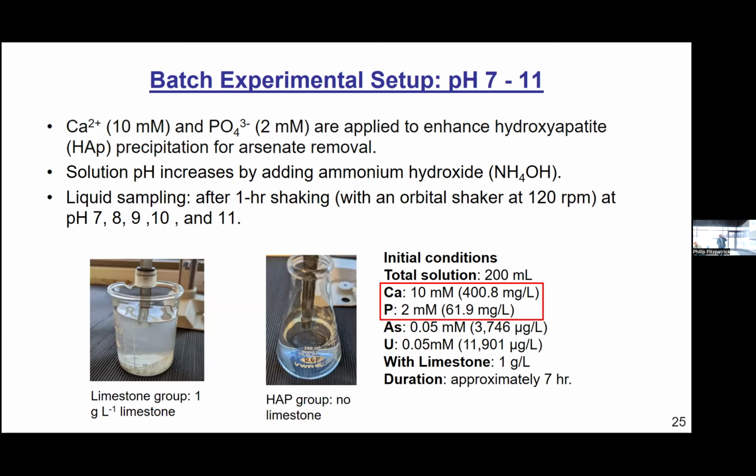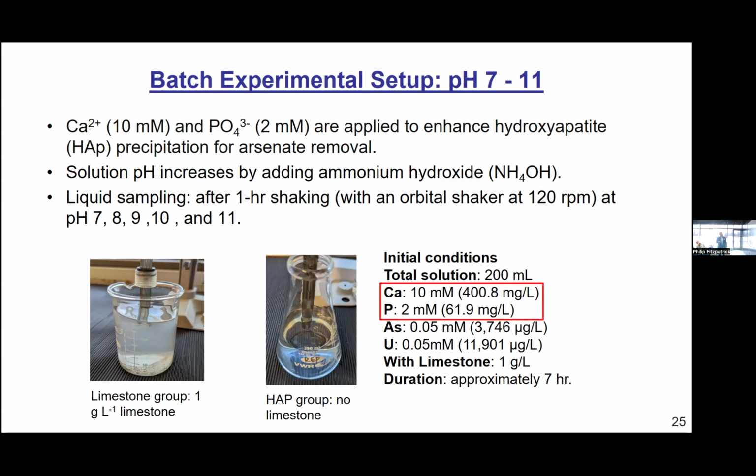These are experiments that a postdoc of mine, Han Hua, did in collaboration with many people from my group, and also Isabel Mesa, a PhD student in my group. We have calcium around the concentrations that we have used, but we also use phosphate, inspired by the concentrations we saw from PNNL, at 2 millimolar. And we use pH 7, 8, 9, 10, 11. Again, this is a beaker reactor where you have everything mixed together.